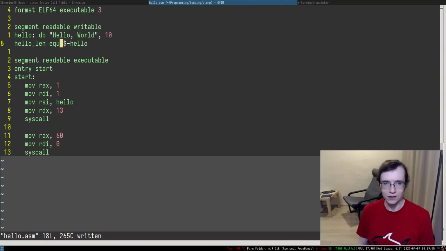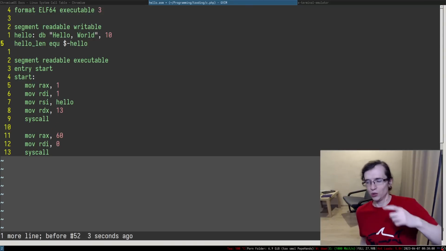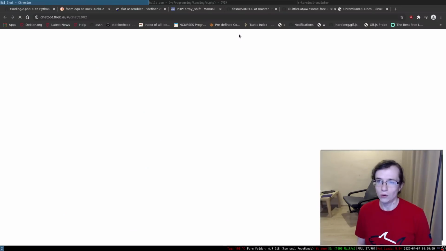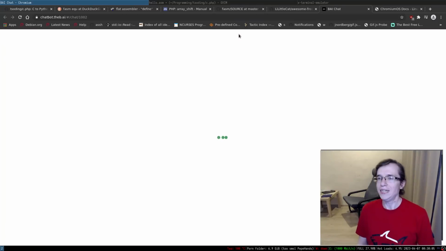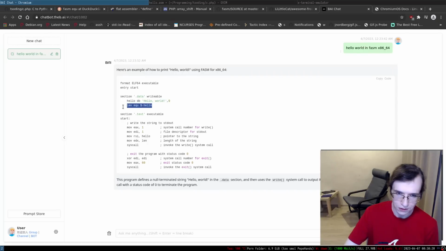Maybe we don't even need this kind of stuff anyway. I don't really know how to work with these macros and stuff like that. All right, we can see how ChatCCP, this is not ChatGPT, it is not affiliated with OpenAI or anything like that, we can see how it does that. So len EQ, but that didn't really work for me, did it?